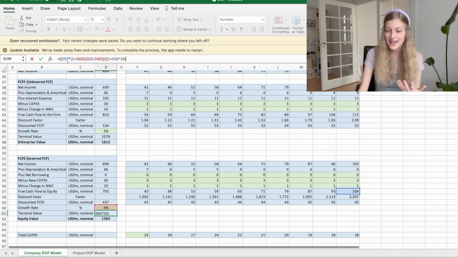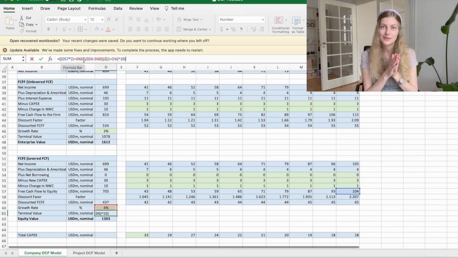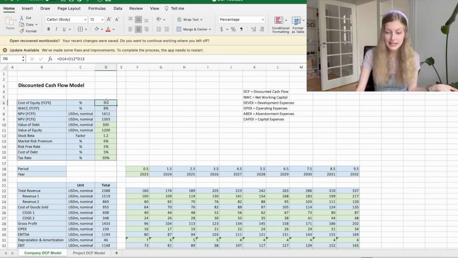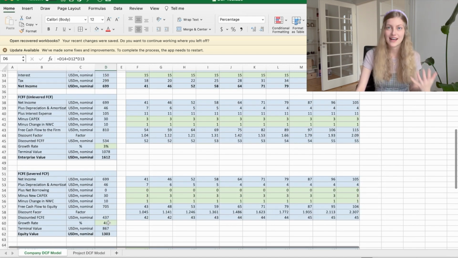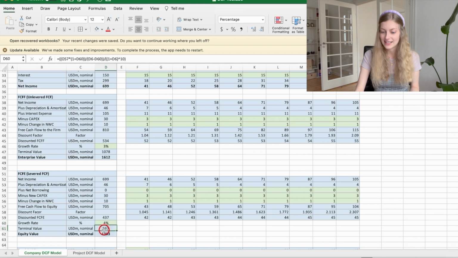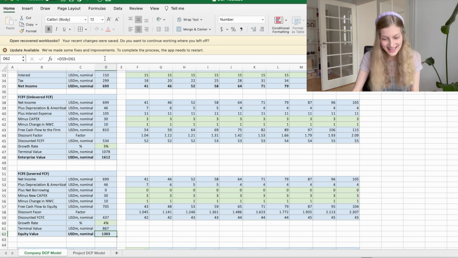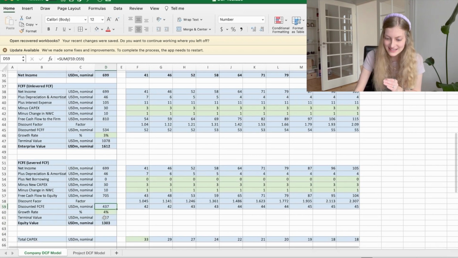But otherwise, it's the same thing. We take our cash flow, we multiply that by 1 plus the growth rate, so 1 plus 4%. And then we divide that by the difference between the required rate of return for equity minus the growth rate. So in our case, that is the 9% we have up here, minus the 4%, so that gives us 5% again. And so we divide by that value, and then we just discount it back 10 years. Again, we're using 10 here because it is the value at the end of 10 years, not in the middle of 10 years. And so we discount it back by 10 years, and then we have our terminal value in present terms. And then we just add that to the discounted cash flow to equity investors,